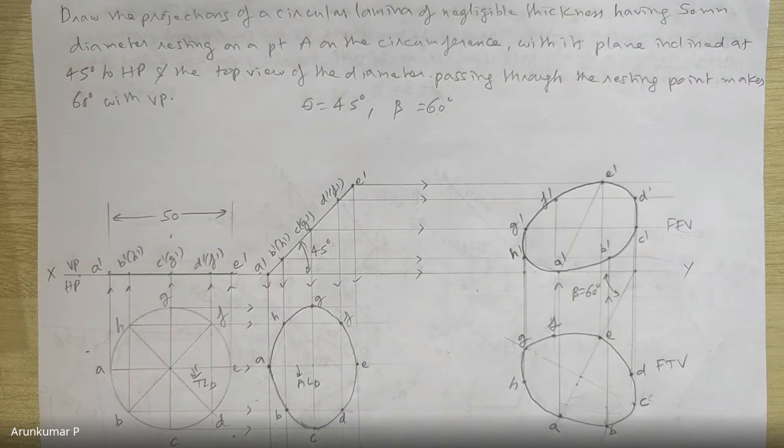Okay. Fine. So now with this we come to the last problem. That is the problem on the lamina resting on vertical plane. Yeah, I think we should do one problem. It may not be there in the syllabus, but at least you should have an idea of how it looks like when the lamina is not resting on HP, it is resting on VP. So just to give you an idea, okay, we'll just solve one problem and we'll close.